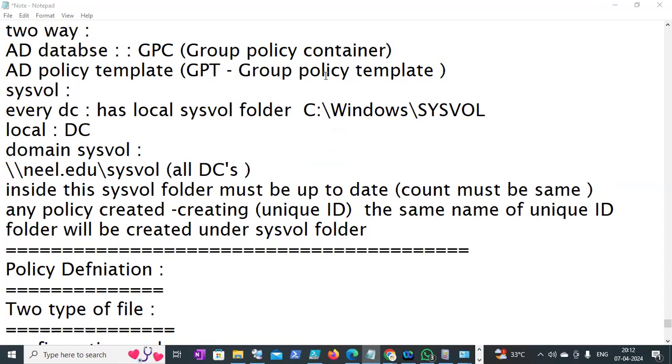If SYSVOL is down, how can we fix it? Yes, we can fix it. It is not really like being down. The SYSVOL folder might be mismatching due to a replication issue. It won't be called down, right? If the domain controller is down, then it's down. That's it. The SYSVOL folder would always be available. So we need to make sure that in all the domain controllers,